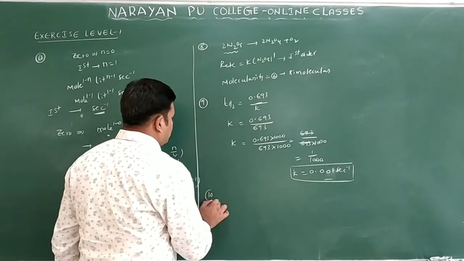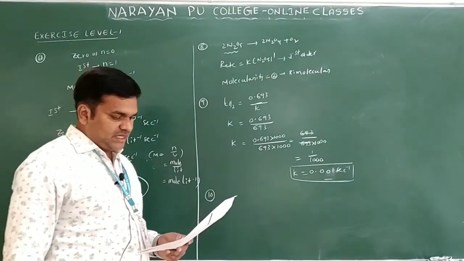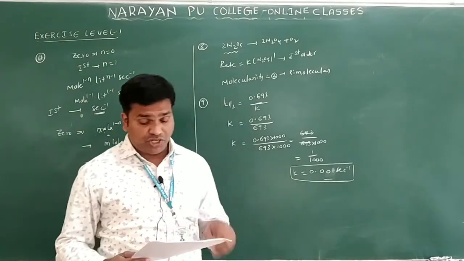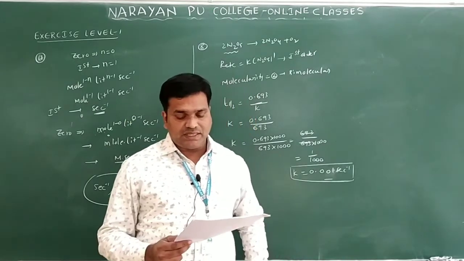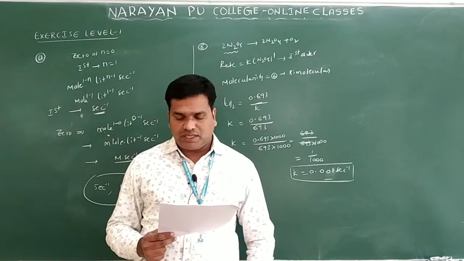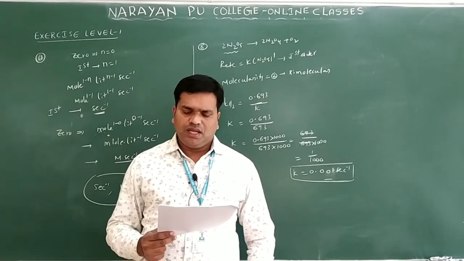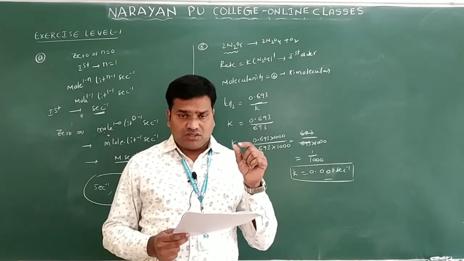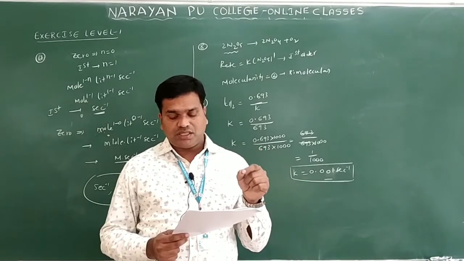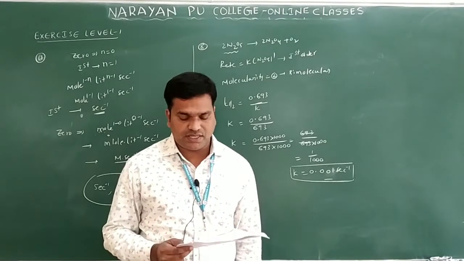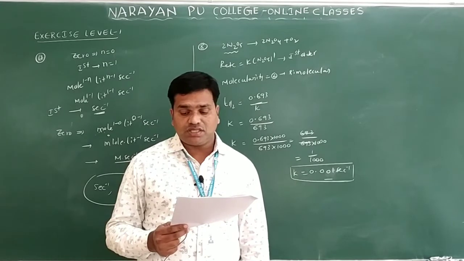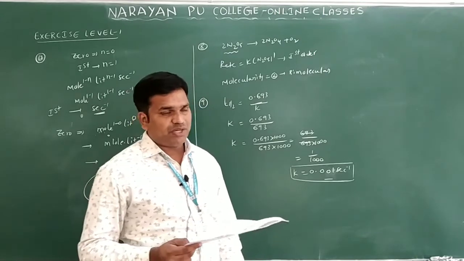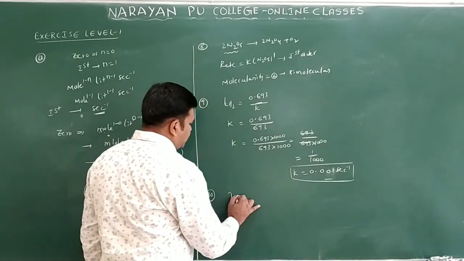Now we will see question number 10. In question number 10, they ask about the temperature quotient of the reaction. The first option is the specific reaction rate at 25 degrees Celsius, the rate of reaction at 100 degrees Celsius, the ratio of the rate constants at the temperature of 35 degrees Celsius. The rate constants at the two temperatures differ by... Third option: the ratio of the rate constant at the temperature 35 degrees Celsius and 25 degrees Celsius. And the last option: the ratio of the rate constants at two temperatures differing by 10 degrees Celsius, not given. What is the temperature quotient? I will write this one: temperature quotient.